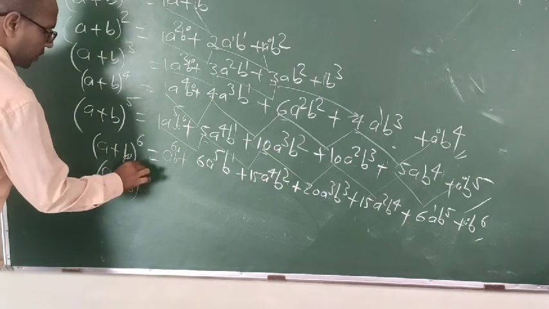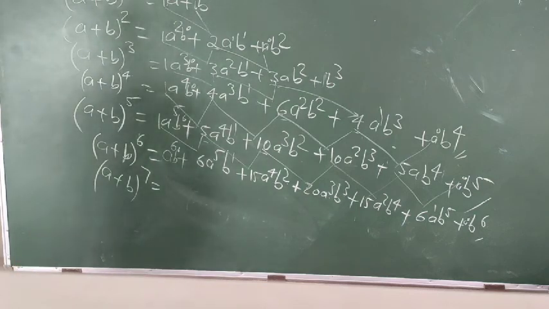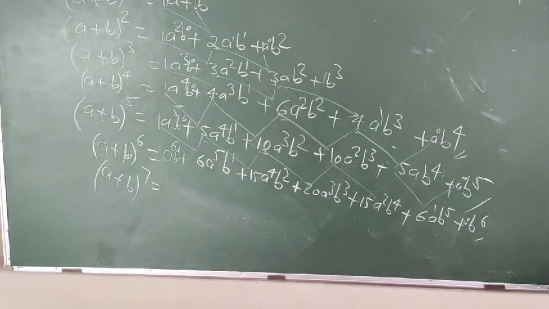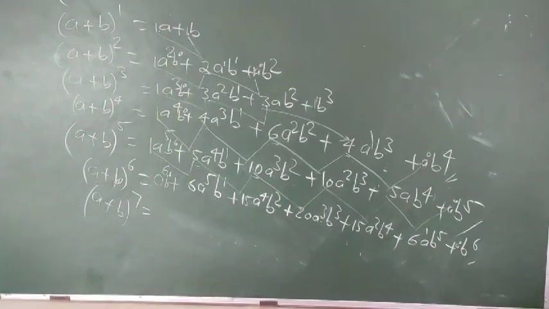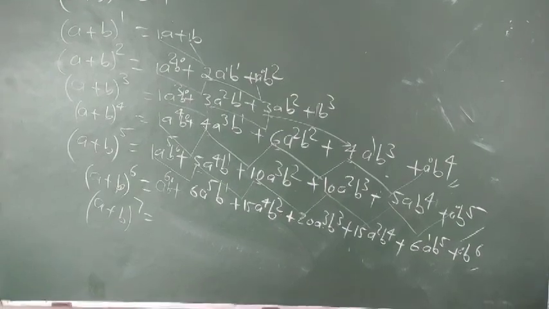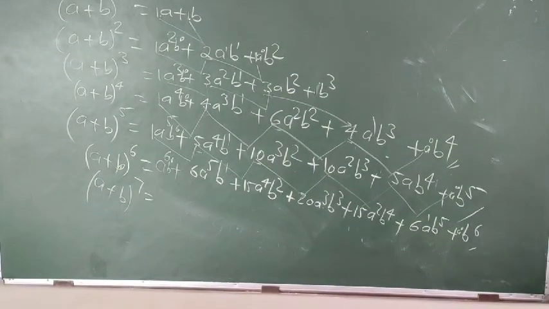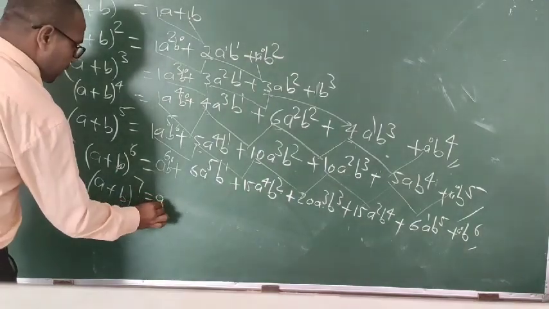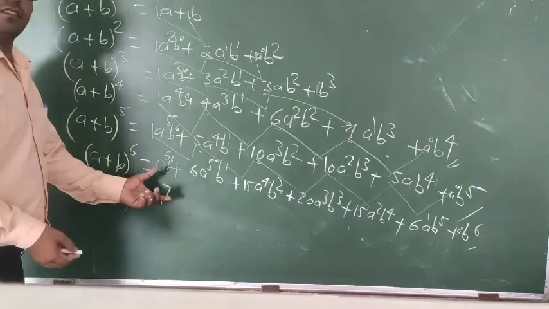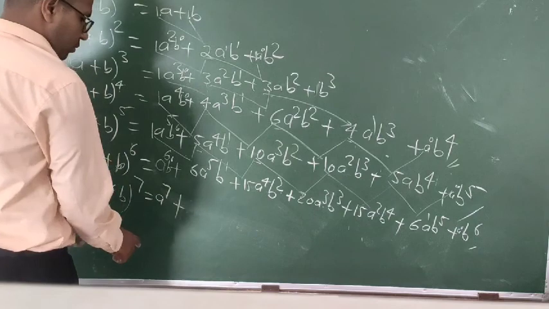(a + b) to the power 7, if you want to do it, what will you get here? First we will write down each and everything with the powers increasing and decreasing. As you know, you will get a to the power 7 with the first term. a to the power 7, b to the power 0, it always remains the same. So what do you get as the coefficient of this place?